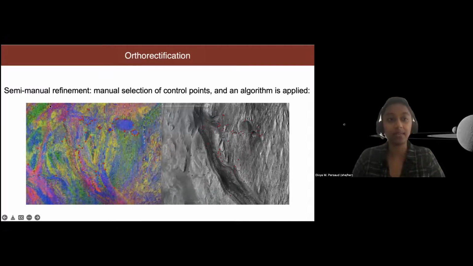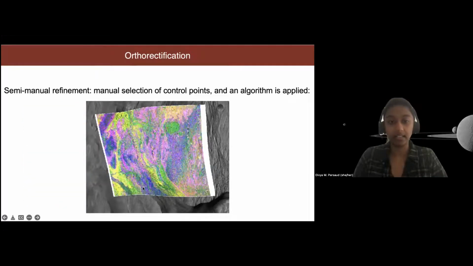So you can do the semi-manual refinement. You essentially pick pixels across two images, and then you pick an algorithm and it sort of forces them to agree. This isn't data I'll talk about today, but it's a nice colorful illustration of showing, say, this crater looks all sort of squat, and this one's nice and circular, and we'll get it to fit.